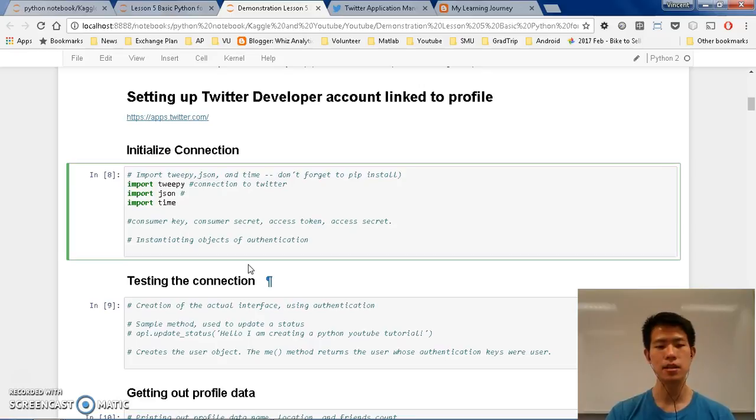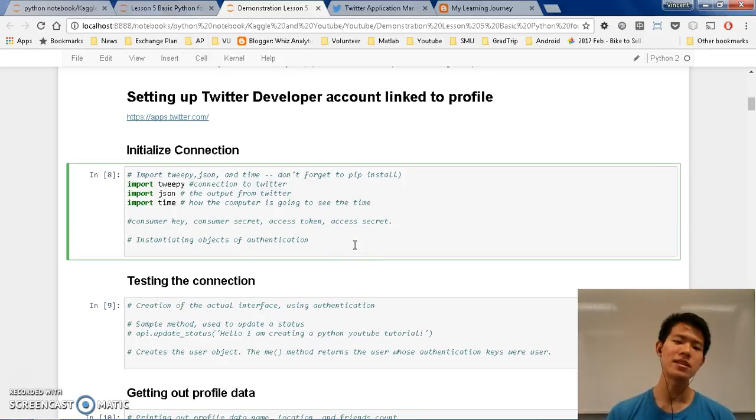JSON is basically the output from Twitter, so that you can read it in a data format that is easy to see, that is readable by the computer. It is very cool. Okay, and time is basically how the computer is going to see the time. So basically these are the things that you need.